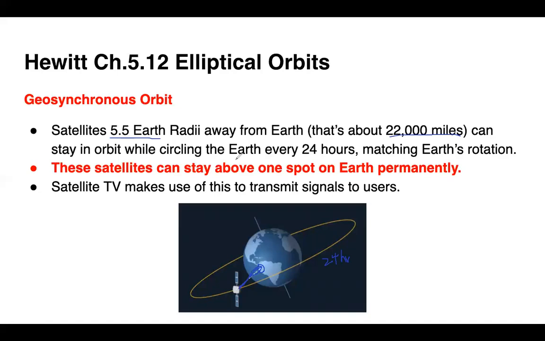Now, I think there is a little bit of adjustment here, because Earth does wobble on its axis, and so I think those satellites do have to correct for that. So they are still able to move. But otherwise, we do make use of